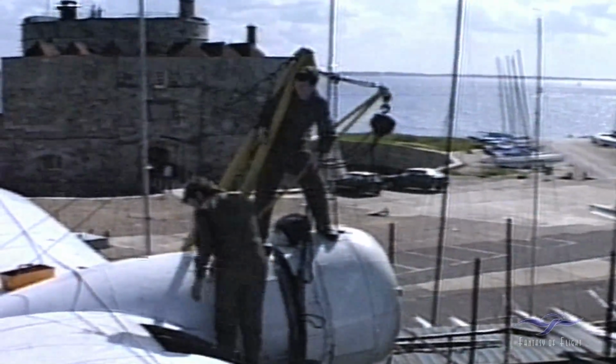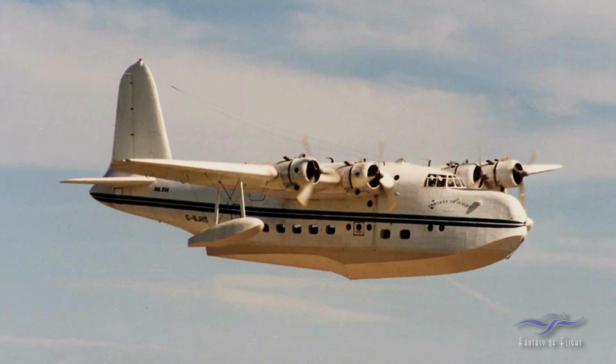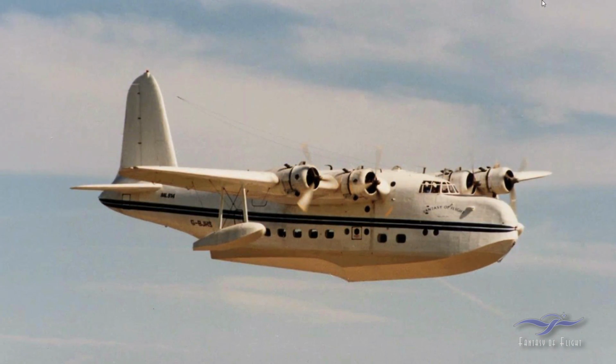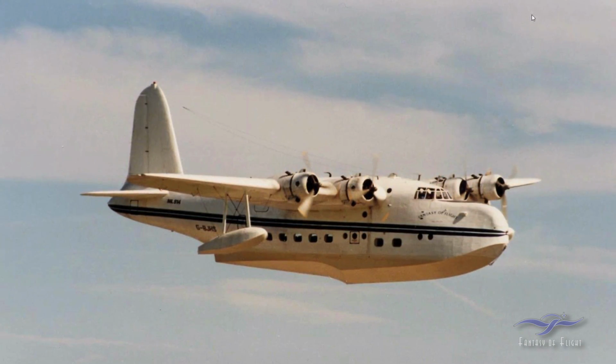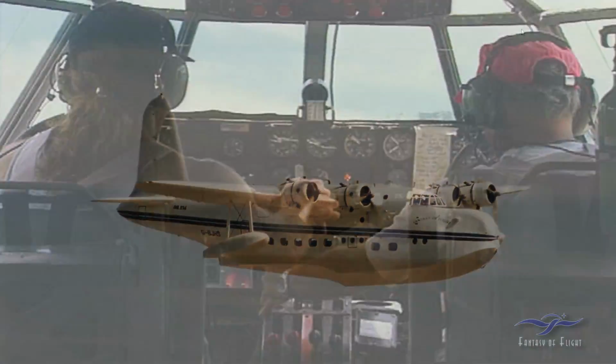Just moving on to the next one here, Kermit. Can you tell us a little bit about the minimum safe crew for operating an airplane like this? You obviously are going to need more than just a pilot and a co-pilot if someone has to be wrangling buoys and so on. Well, legally, you only need 3 people to operate the airplane, but operationally, you really need